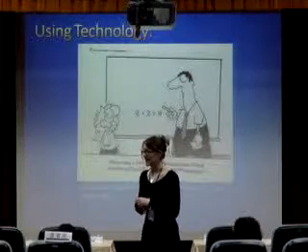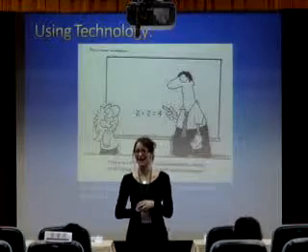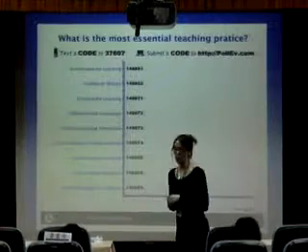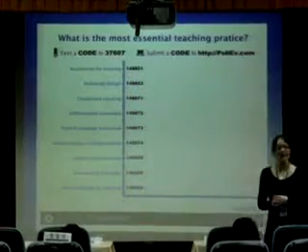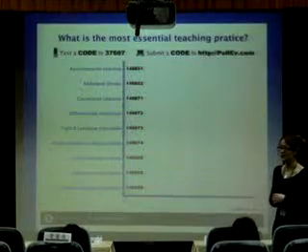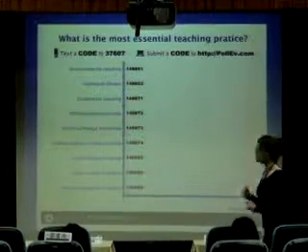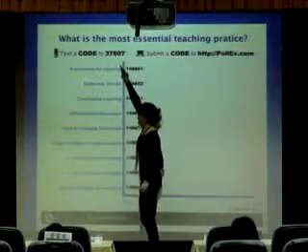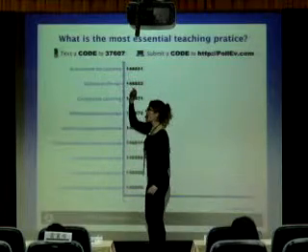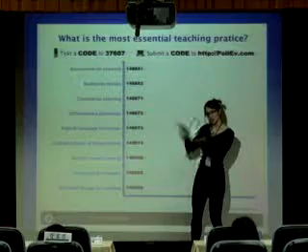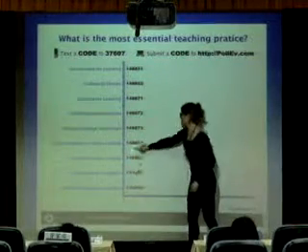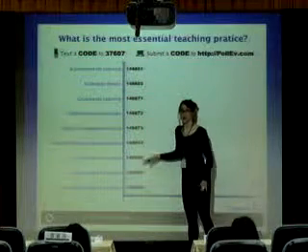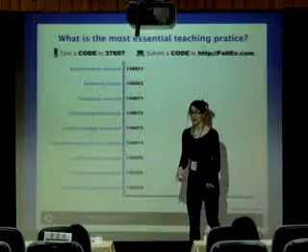So with today's presentation, use of technology is a little bit challenging, but there are some ways that you can participate. If you have a phone where you can text, I'd like to ask you to quickly vote for what you think the most effective teaching practice is. How do you do this? This is a phone number you're going to text the code to, 37607. You're going to put inside your text message one of these codes, depending on which one you would like to vote. The instructions for how to do this are in your PowerPoint notes and your program.